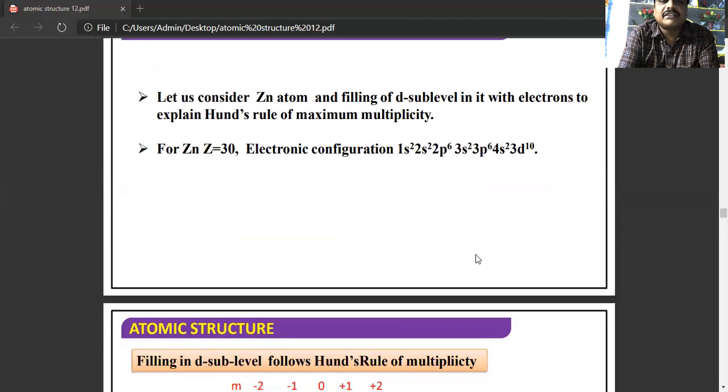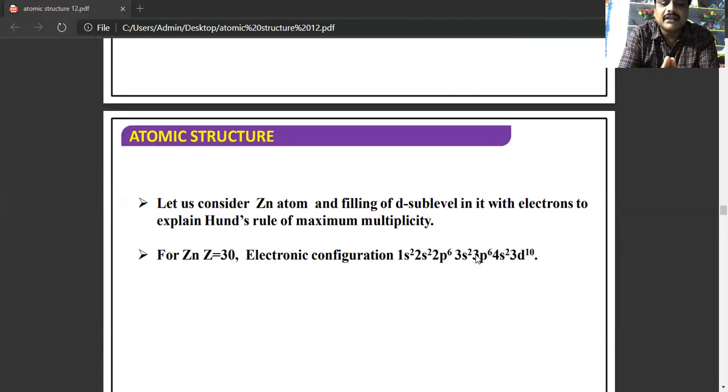So that is about the symmetrical distribution. That means orbitals which have a symmetrical arrangement are more stable. That means completely filled orbitals as well as half filled orbitals are more stable than incompletely filled orbitals.